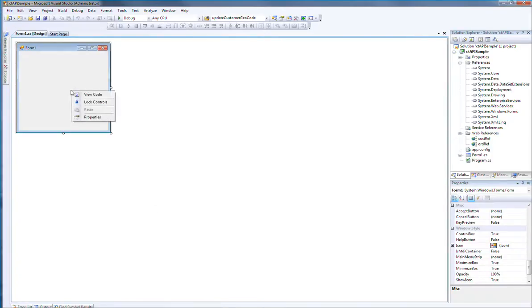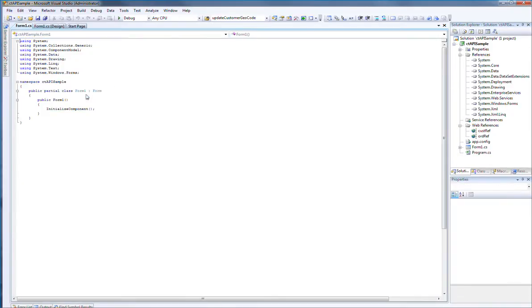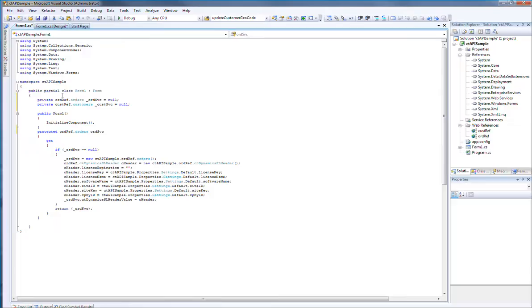Now let's do some coding. To make it easy to access your web services, we like to encapsulate our properties using get and set. We will do this by creating properties for both the order service and the customer service. We'll first create private variables for each, then we'll create a get for each one and set the state of